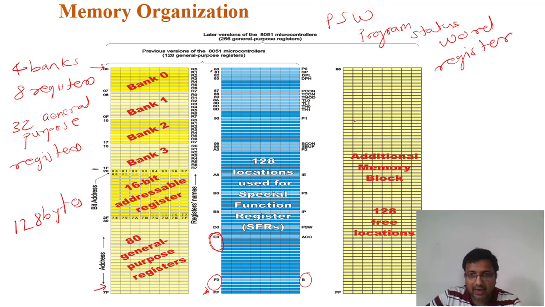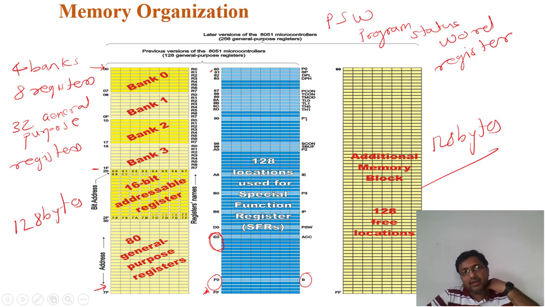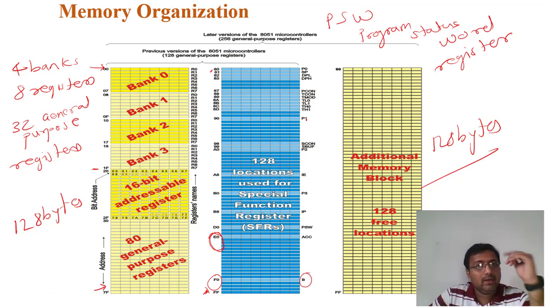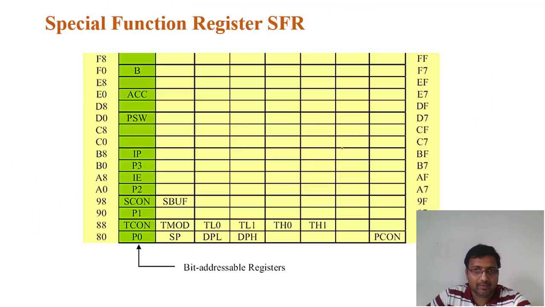So like this are available, and above that we have an additional memory block, that is 128 bytes of which 120 bytes are free. Okay, so 128 bytes for this, 128 bytes for this, and 128 bytes for this. So this is the memory organization of 8051. Okay, so this memory organization is very important. So we need to draw very good memory locations, and you need to remember these memory locations as well. So this is important, starting with 00, then 07, 08 to 0F, 10 to 17, 18 to 1F, 20 to 2F, 30 to 7F, and above 80 to FF. These are the general purpose RAM. Okay, so like we have special function, and after that we have an additional memory block.